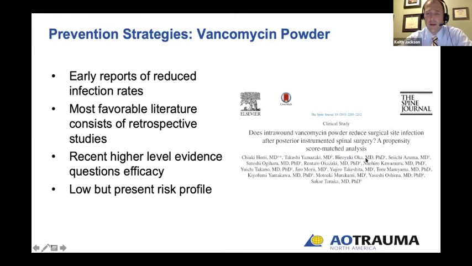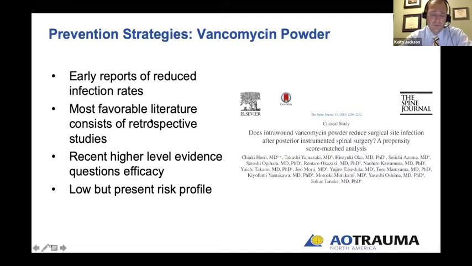I quoted this article from the Spine Journal in 2018, which was a propensity score matched analysis. It was a longitudinal assessment from the AVOS, and basically it showed no differences in surgical site infection in patients who had vancomycin placed in their wound compared to those who didn't. It did show some protective benefit from gram-positive